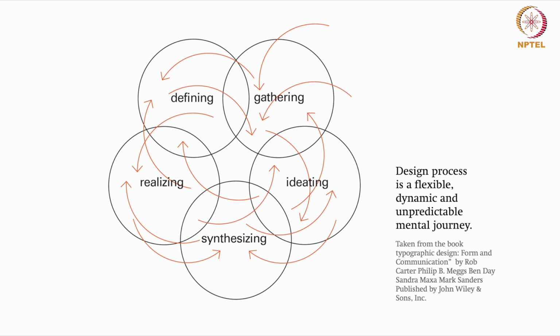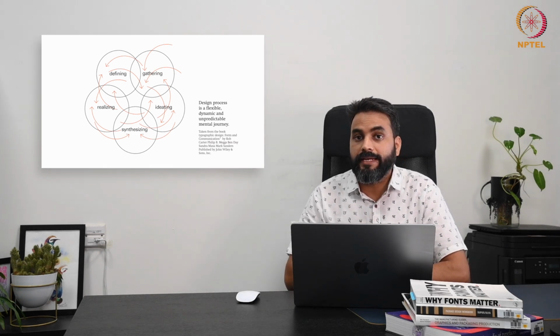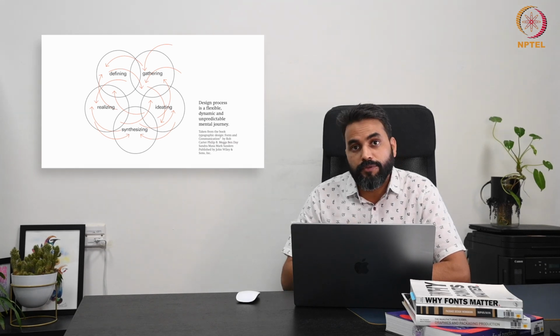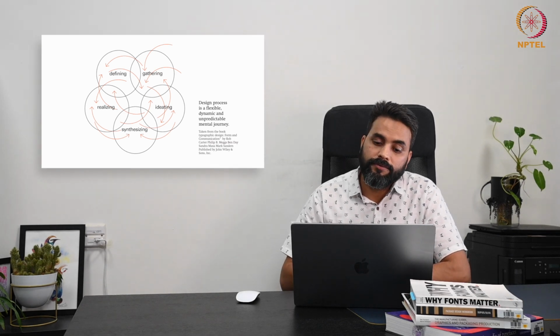But as visible on the screen, these stages are overlapping, and you go back and forth. You go forward, and if something is required, you go back, do the research again, and try to find relevant information which can help you proceed further. So I hope you will remember that the design process is not a linear process. Multiple things overlap, and accordingly it helps you refine your final outcome and final idea.